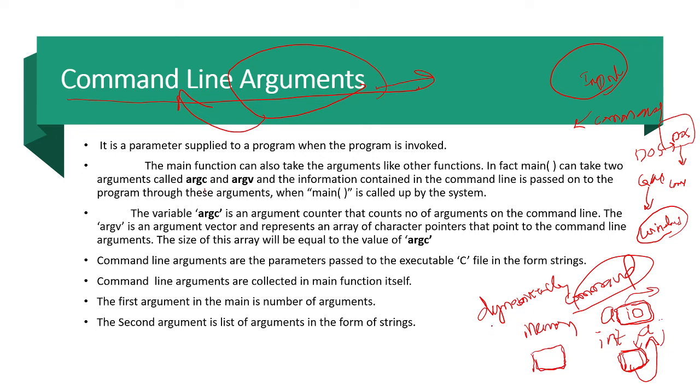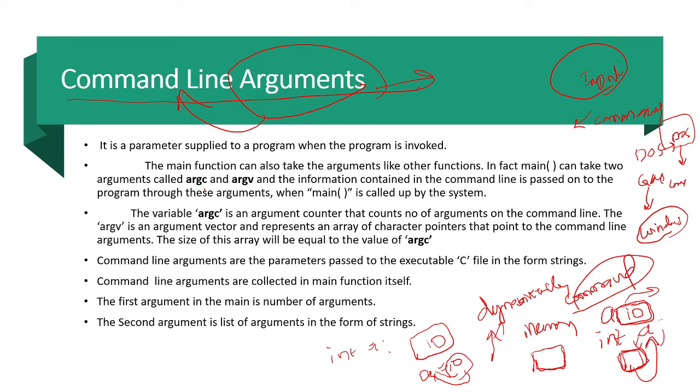And if it is dynamic, only when you assign the value is the memory going to be allocated. I will tell you. Suppose, as I told you, int a. Int a means it is a variable which is declared as integer. Whenever you declare a variable with the data type integer, 2 bytes of memory are reserved for this a. Whenever I assign a equals 10, then what is 10? 10 is a value which is assigned to variable a. Then that 10 is stored in the memory location that was decided for a's occupancy.